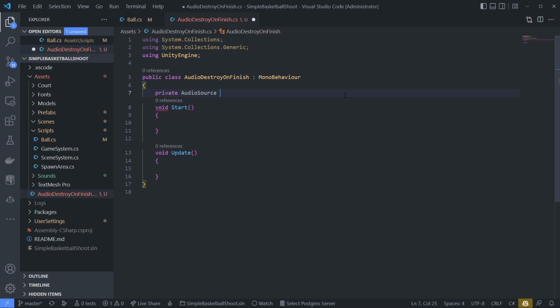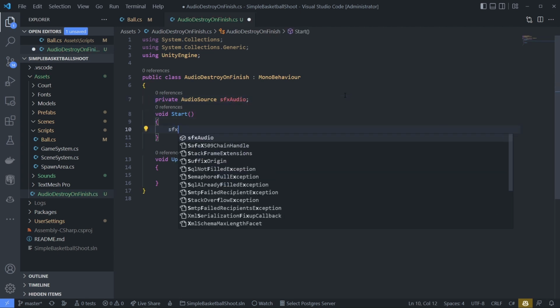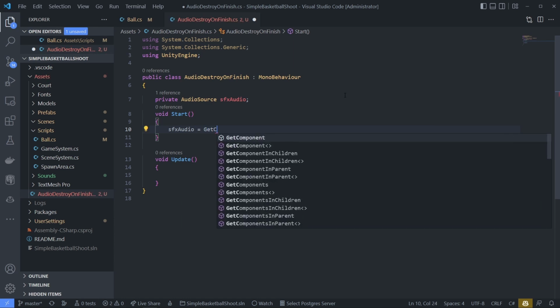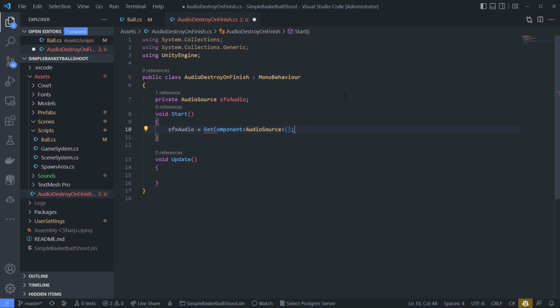Let's name it SFX audio. And on start, we can get it equals get component audio source. And on update, we can check if it's playing or not. If not playing, then we can destroy it.